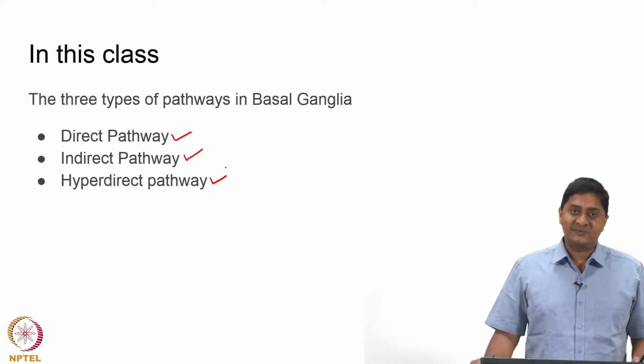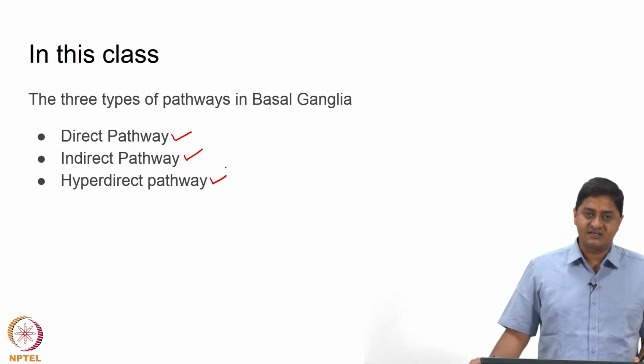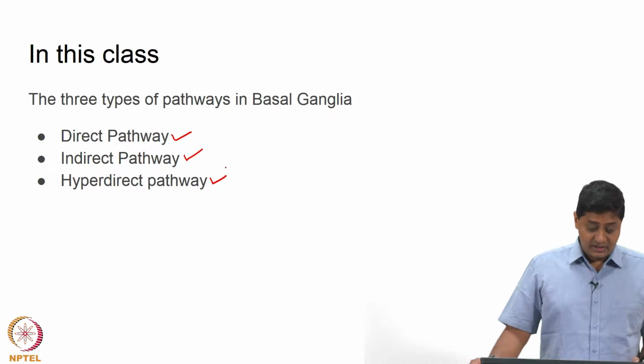However, there are exceptions to this rule. So, one has to be careful while discussing or interpreting data from actual experimentation or from actual disease conditions. However, in spite of the limitations, the direct and indirect pathway and the models associated with these continue to